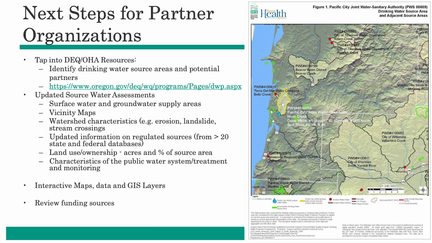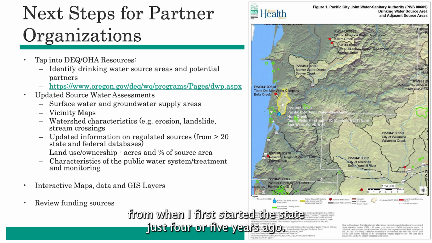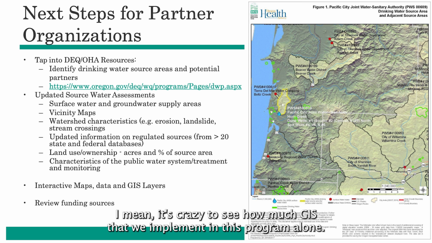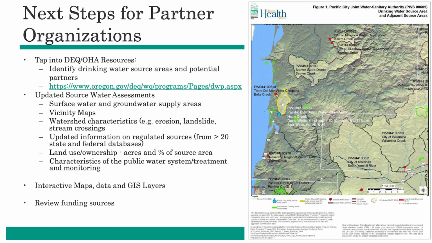And so I keep shouting out to Retna, but we do have a variety of these GIS layers that she works hard to keep updated, and from when I first started with the state just 4 or 5 years ago, it's crazy to see how much GIS we implement in this program alone. And so a very good resource if you're trying to get some spatial maps to help identify